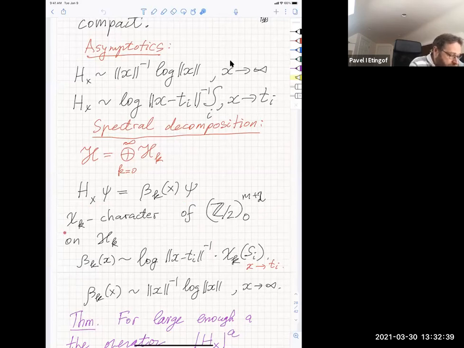And this chi k, to characterize the asymptotics of these functions, beta k of x, we'll decompose. So remember, we have this group which acts by unitary operators on our space, and it commutes with all the hx's. So in particular, we can decompose everything into sectors with respect to this group. So chi k eigenspace, and then